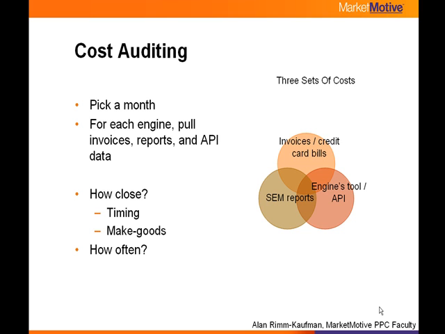You also have costs as reported on your weekly reports from your search engine marketing agency or your in-house team, whatever the case may be. And finally, you have costs as reported through the web logins or through the APIs. And in the perfect world, these three sets of costs should all line